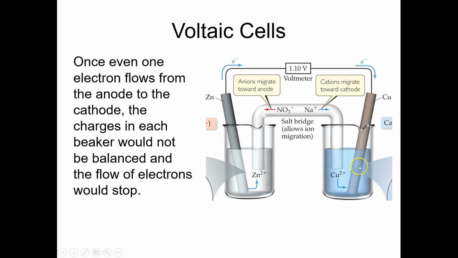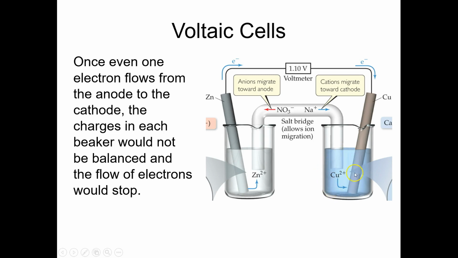And if that begins to happen, then the reaction will just stop because you can't have solutions that aren't balanced in terms of the total charge of cations and anions within them. And so we add a particular thing called a salt bridge. The salt bridge is simply an inverted tube here that contains a very highly concentrated solution of something like sodium nitrate. And so because copper ions are being consumed in the cathode compartment, then sodium ions will move out of the salt bridge and into the cathode compartment to replace them and keep the charge in this